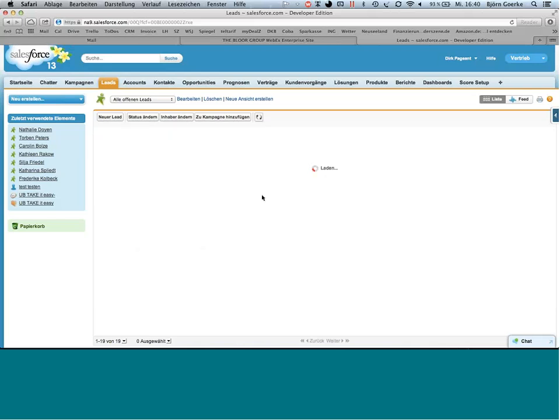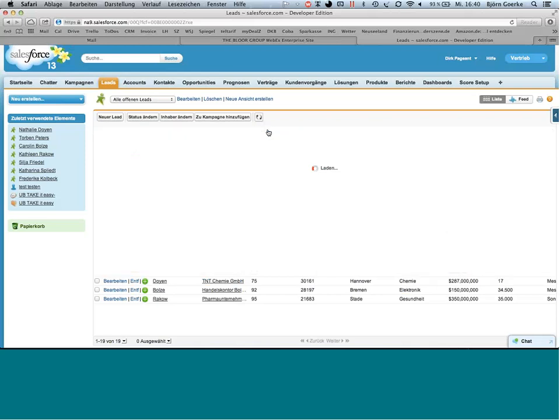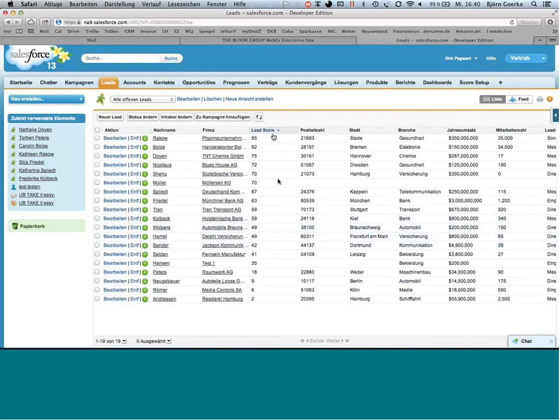So what we can provide is the lead score for every lead that you have in your database, and if you rank your list by the lead score, then you can just concentrate on your very top leads in the list. The pharmaceutical company stays on top, but then there's Handelskontor Bolze GmbH, and TNT Chemical comes third, and so this makes it very efficient, and usually our customers can increase their conversion rate by a 2 or sometimes even 3-digit percentage rate. And of course,